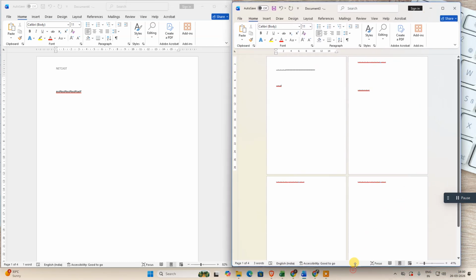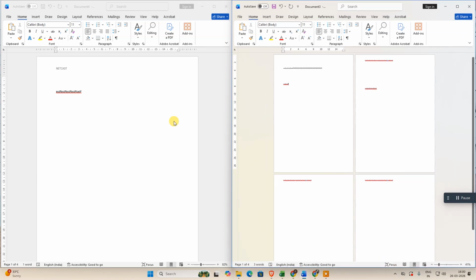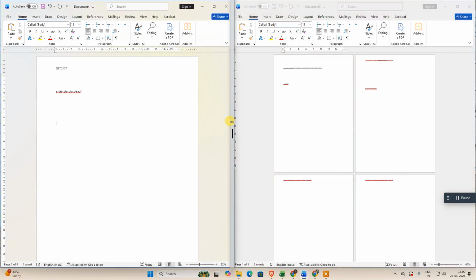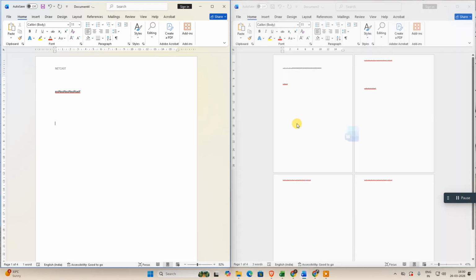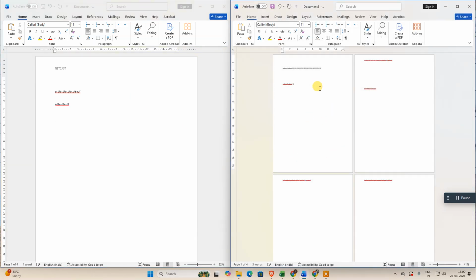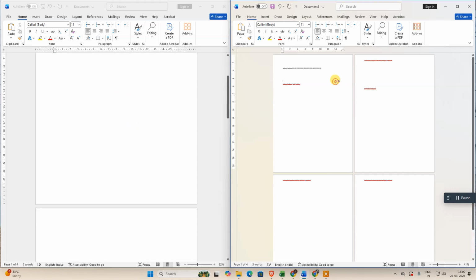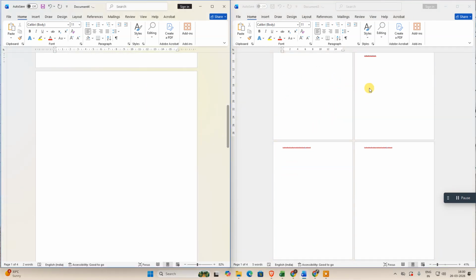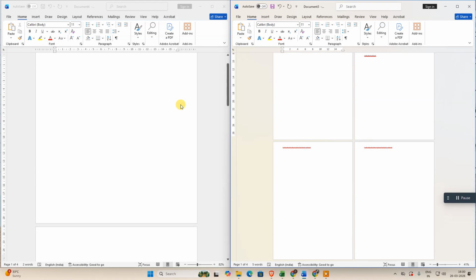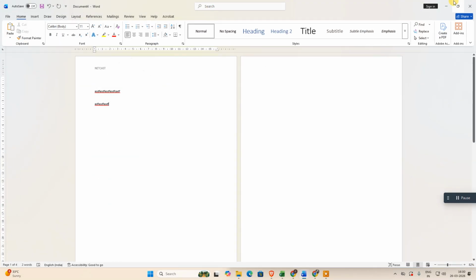Okay, and you can minimize to the maximum size like this. Okay, so now you are able to edit or read the content on both files like this. Okay, the second method is to open any Word document and just keep the cursor on this minimize